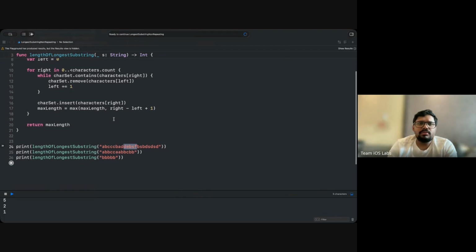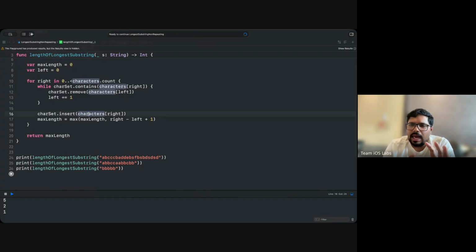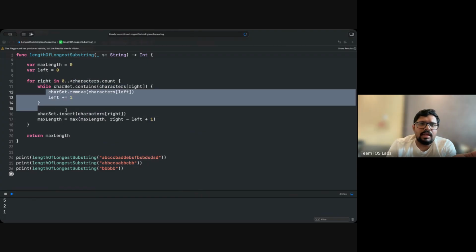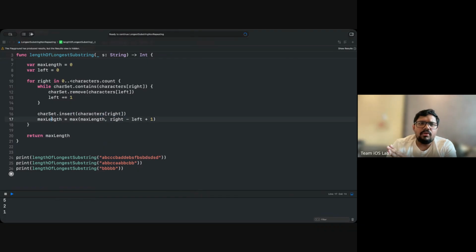Right, getting the algorithm? So whenever you're getting any repeating characters, you're simply discarding the initial characters, or even you can say you are discarding that whole substring basically, and you're moving ahead with the left pointer. And whenever you're getting any unique character, you're simply adding it. But whenever you're getting any repeating character, you simply move ahead and discard it. So in that way, you maintain your window, and you can check in every step, whenever you are adding any character, your max length till now. What's the max length?